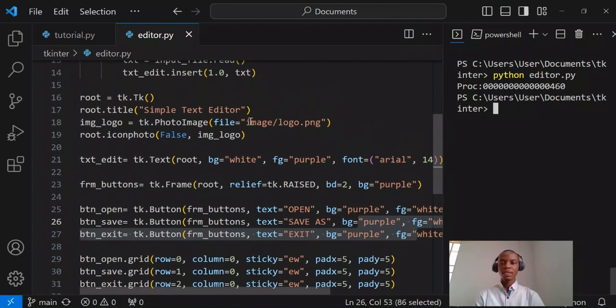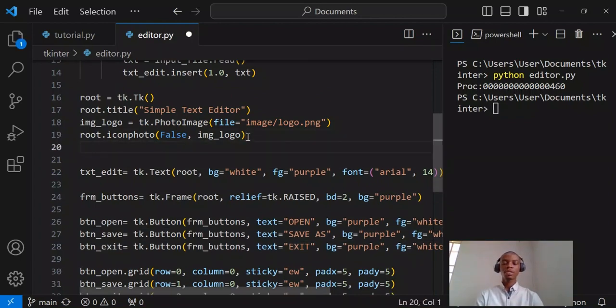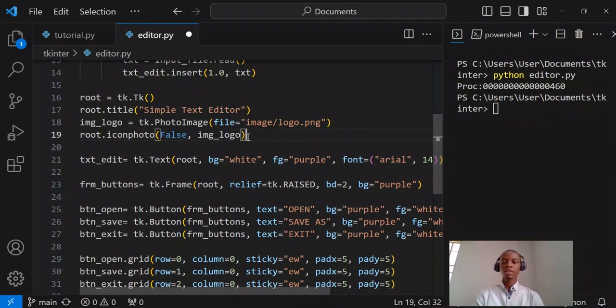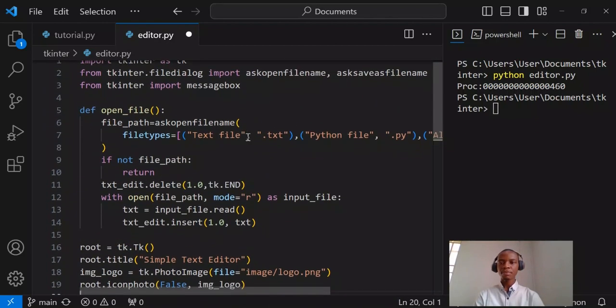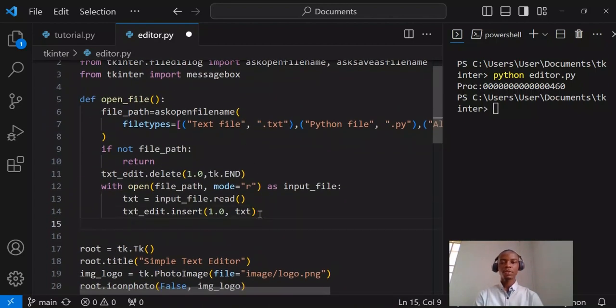So there's something again I want to do. I want to add the directory to the title bar, so that it will not just be showing the title, but it will also be showing the directory. So I can do this into that. So where is my function? So I'll go back to the function, and then root